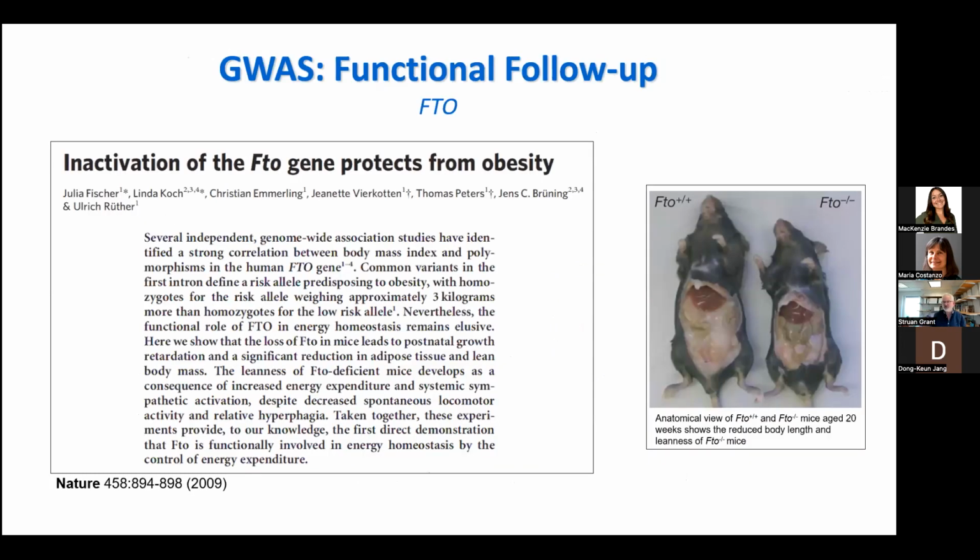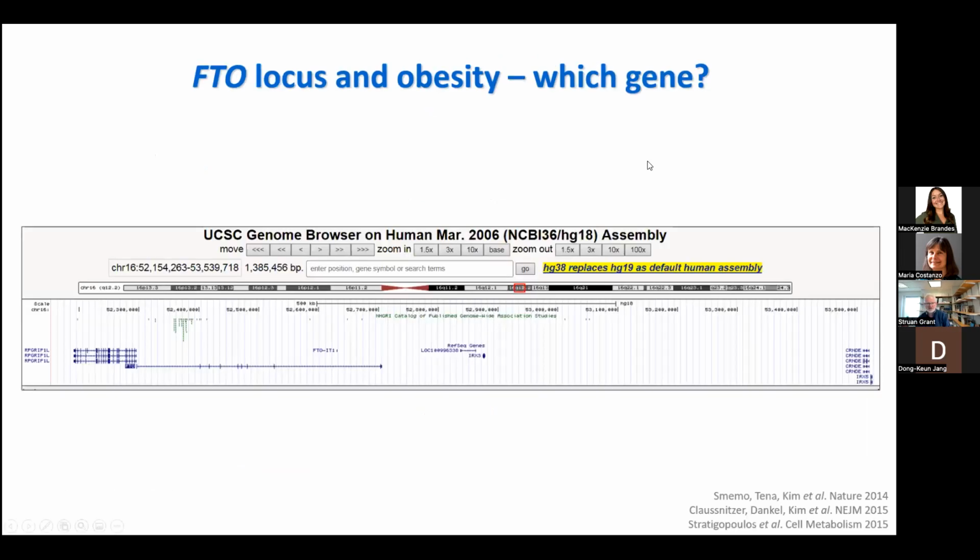And initially, when the first GWAS came out of FTO, this German group very rapidly knocked these out in mouse and got this in Nature. And what was interesting was that the FTO knockout mouse, which you can see on the right here, was slightly smaller and leaner, despite being hyperphagic and not moving in the cage. So clearly there was excitement in that this mouse had the lifestyle and the looks, and it presented itself as an exciting prospect for therapeutic intervention. However, things got a bit more complicated, as I'll come to here.